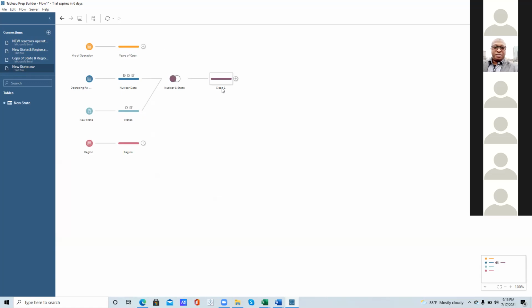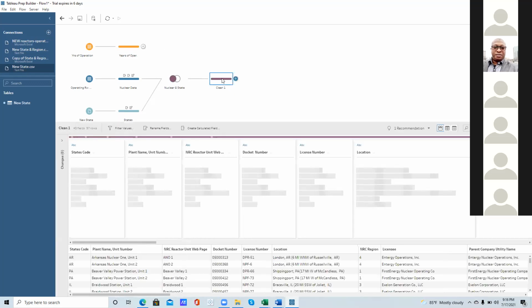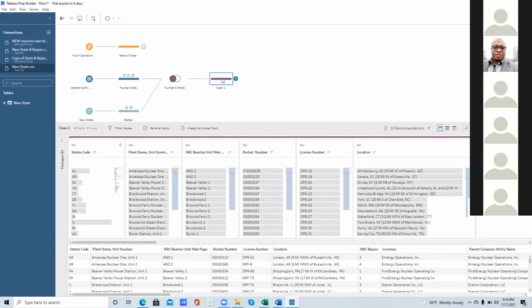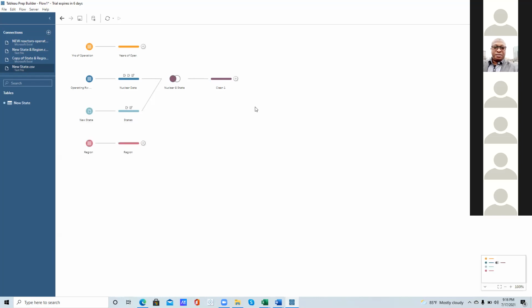And this one was states, right? This is a step. I don't know what we call this one now. Let me see what's in there. We cannot just call it state because it has other parameters. Let's leave that alone.